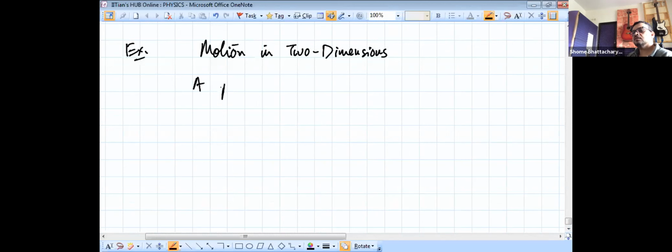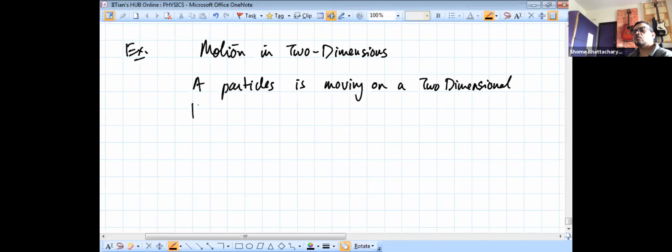So a particle is moving on a 2 dimensional horizontal surface, which we are taking as the xy plane, such that